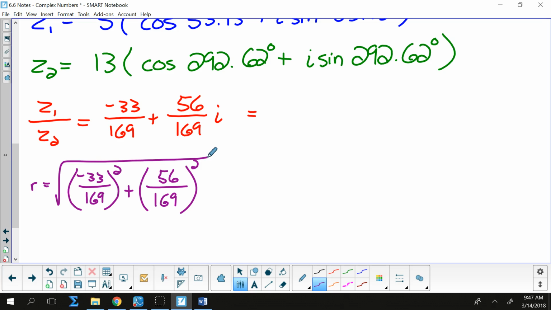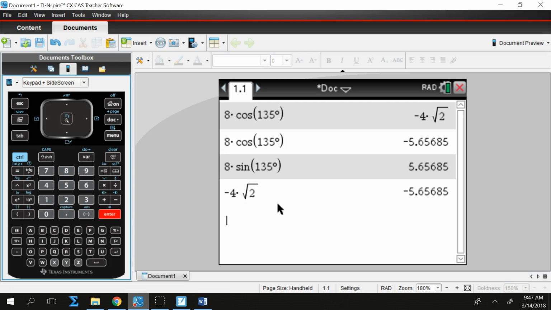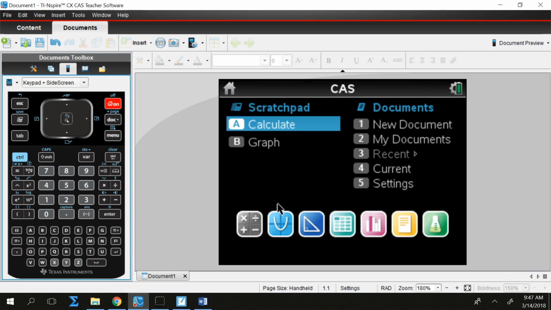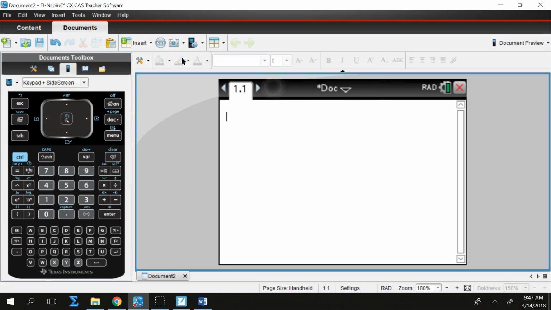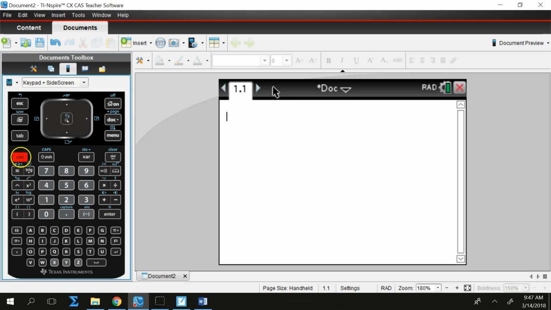Which is going to be, so if I go the square root of negative 33 over 169 and I square it plus 56 over 169 and I square it, that gives me